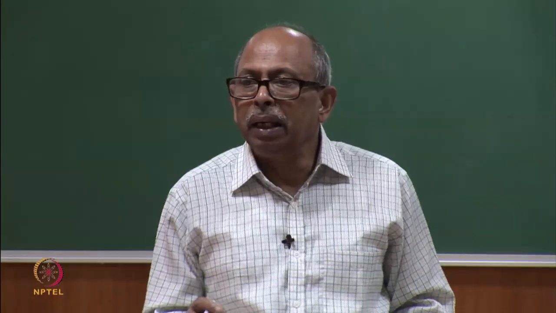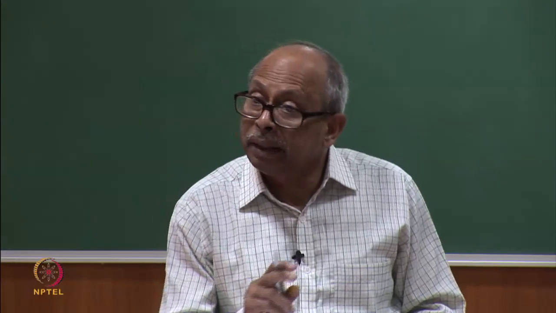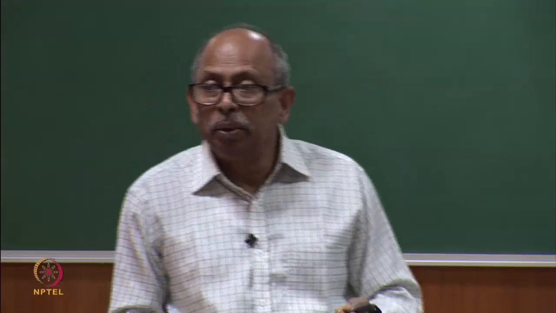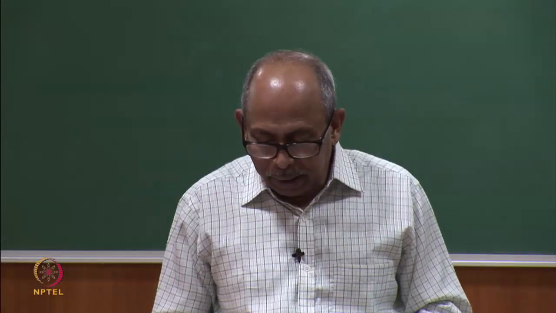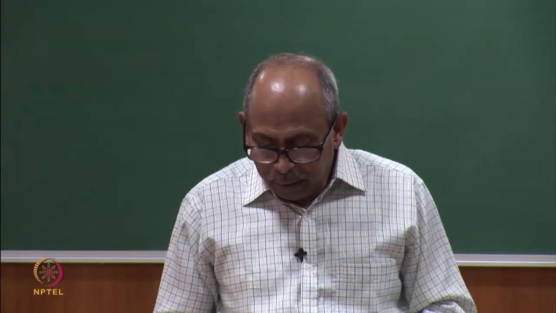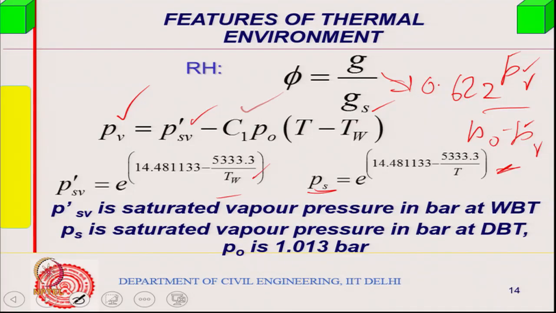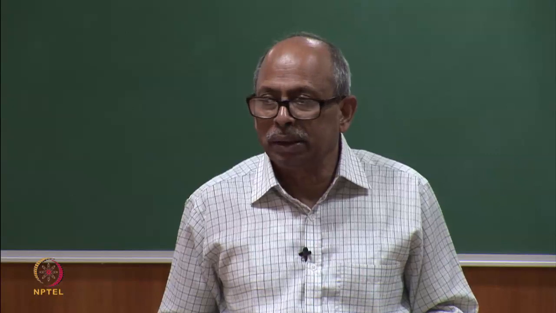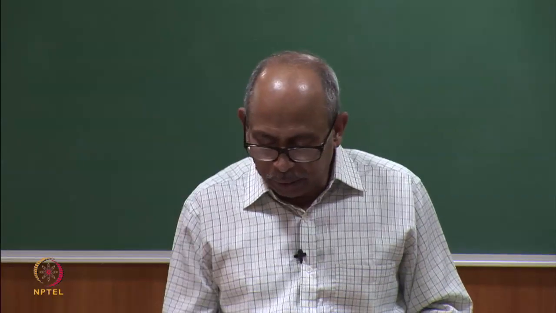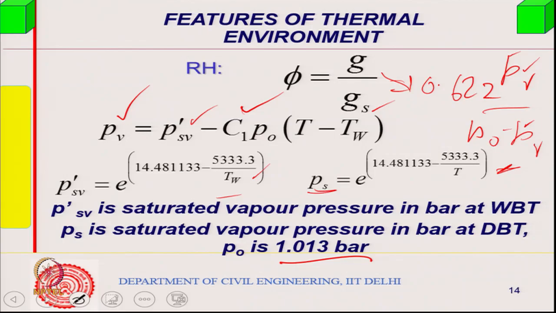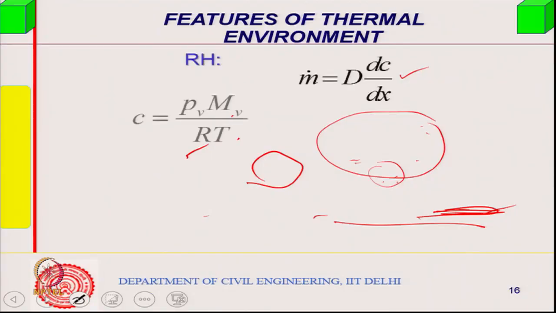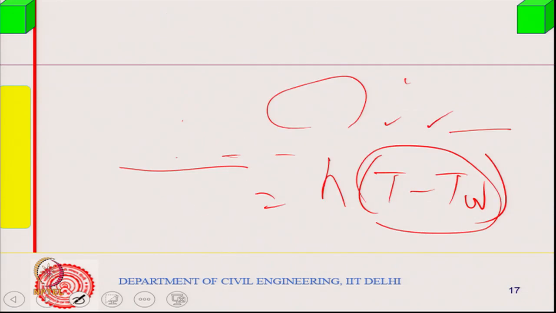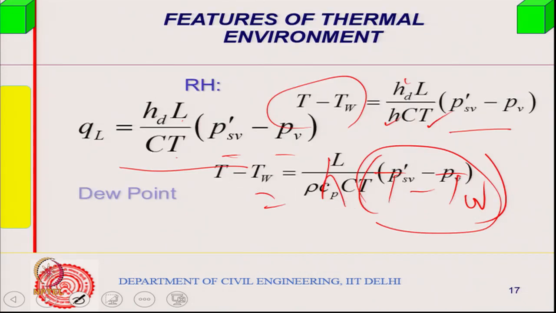I just forgot to mention earlier that the C1 that was there in that empirical equation related to relative humidity, which we discussed earlier. These values of C1 etc. are given for the type of hygrometer you are using; these values are available with us. So, this constant has to be given. Similarly, this constant would be known to us, and these constant values etc. have to be known to us.